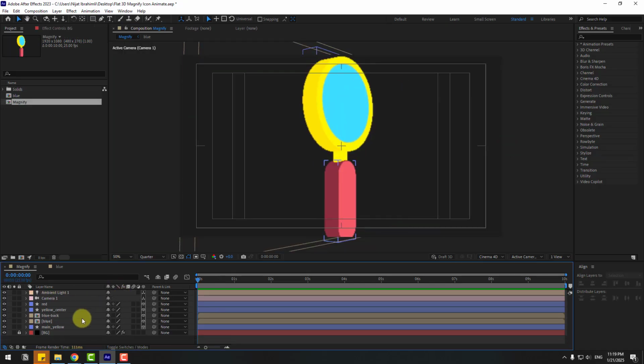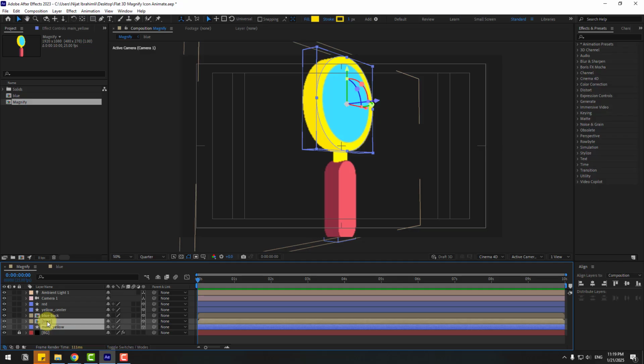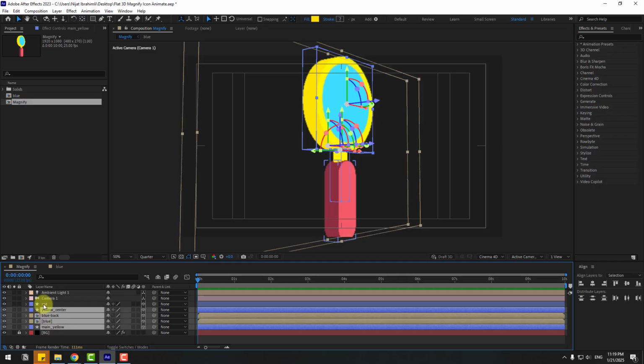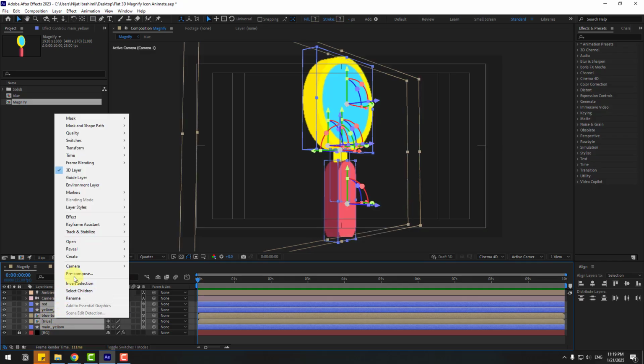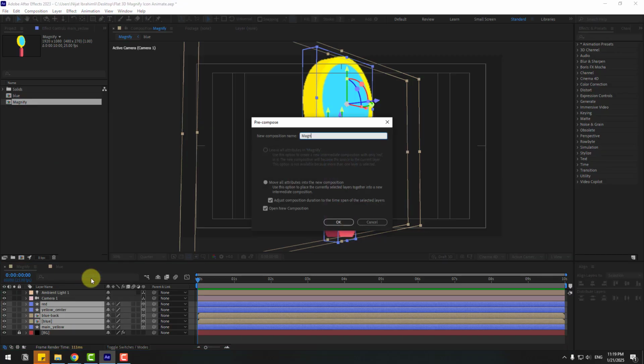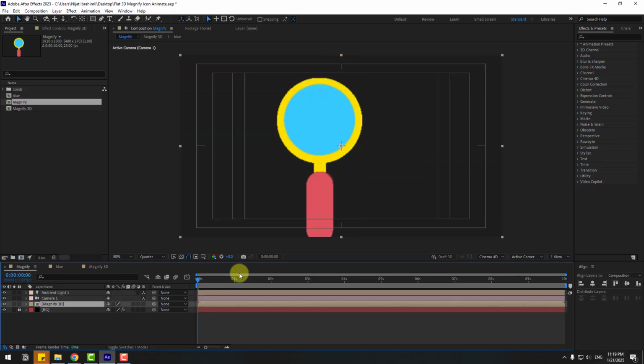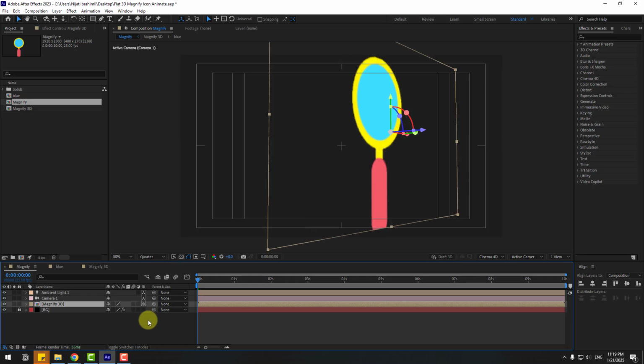And this time, let's go back to active camera view and select null object. Let's delete it and select these: main yellow, blue, blue back, yellow center, red, and right mouse, pre-compose, add name Magnify 3D. Click OK. And back to main composition, select Magnify composition and click the 3D icon and click this icon for